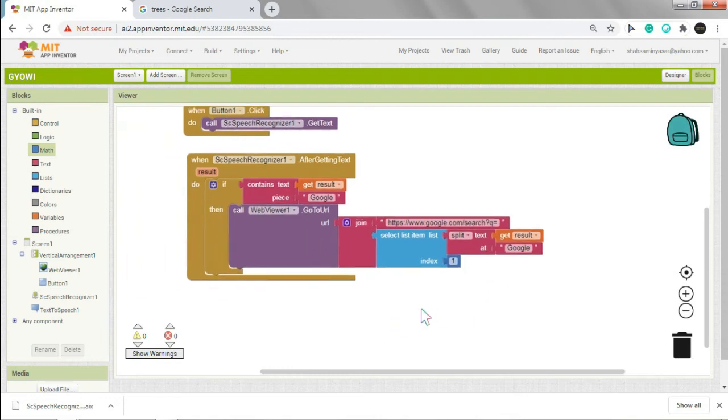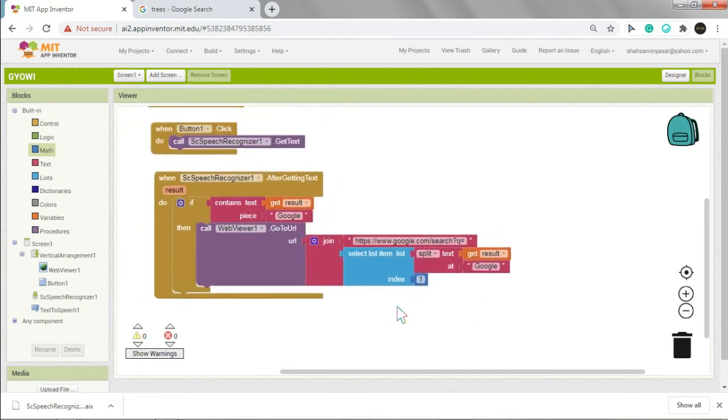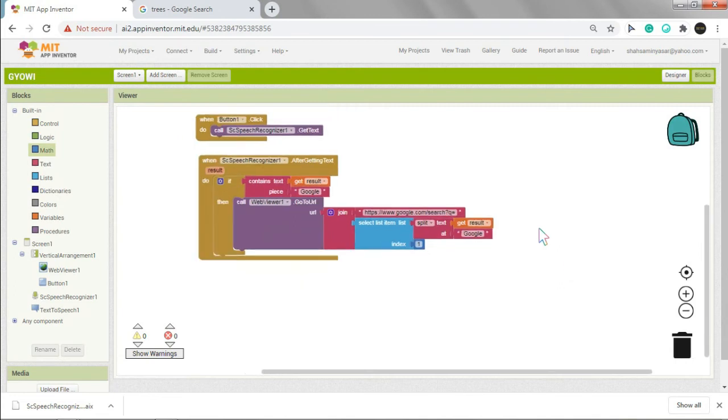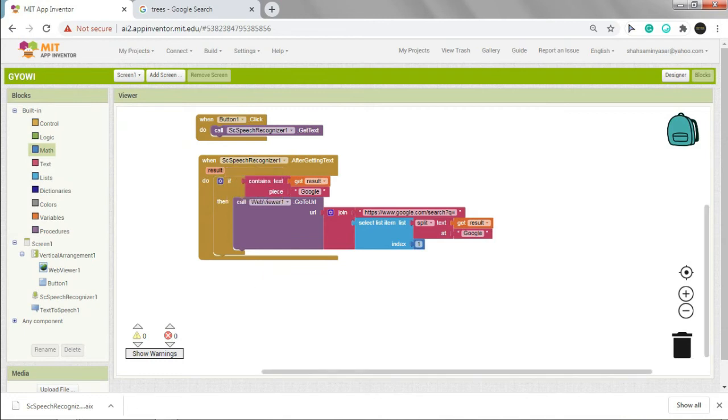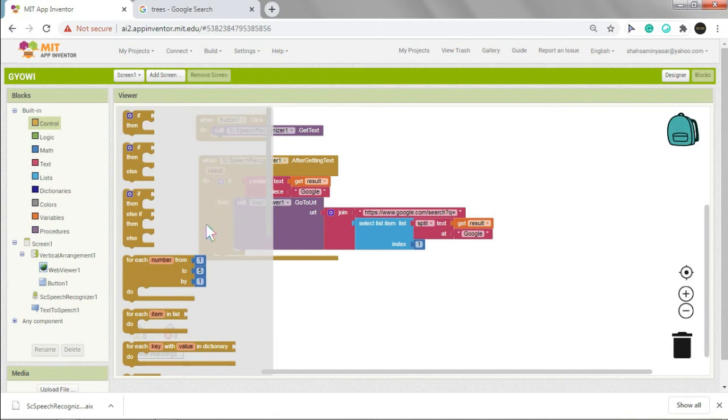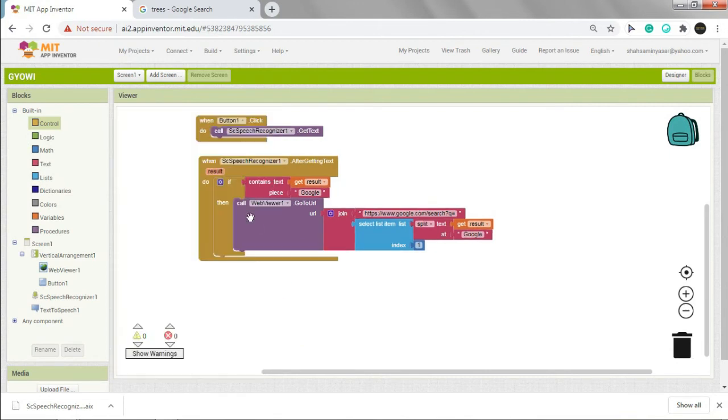Okay. Now similarly, if the text contains something else, we have to get else if. Yes, else if. So go to control, and no, not in the control, this one, else if.